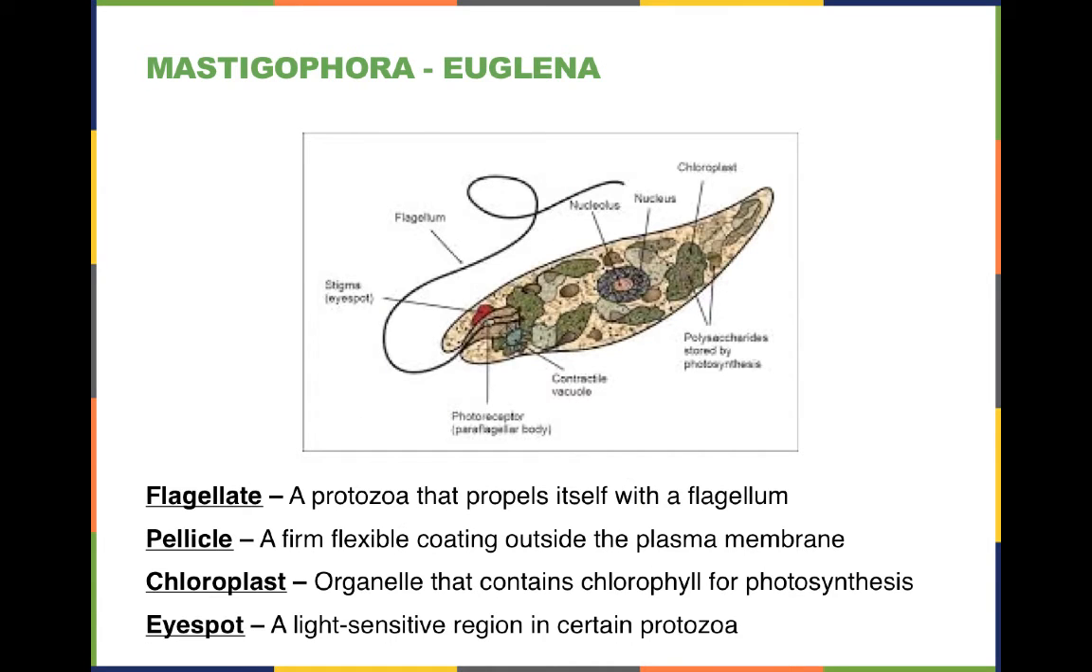Now this slide shows the euglena, and the euglena is characterized by this long whip-like structure known as a flagellum, which is responsible for the ability of this to move. Now the euglena also has an outer membrane or coating called the pellicle. The purpose of the pellicle is to give this